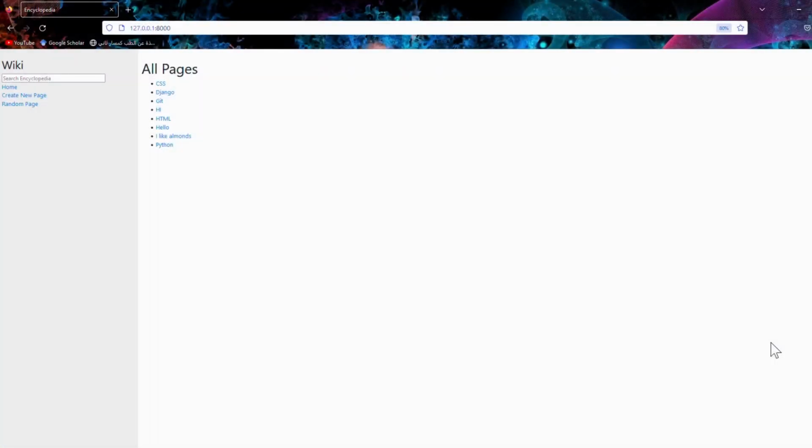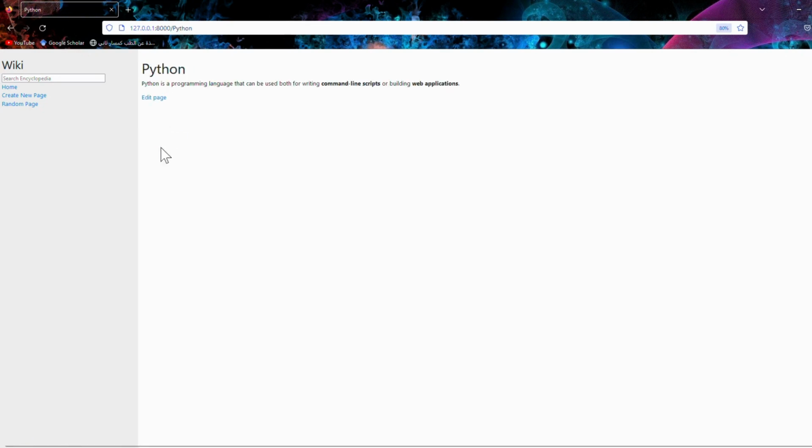First, let's go to the home page, where you can see a list of all the entries in the encyclopedia. You can click on any one of them to see the content of the entry. For example, let's click on Python. And as you can see, this page shows some information about Python, the programming language. You can also add some formatting like headings, bold text, lists, and links. This is because the content of the page is written in Markdown, a simple markup language that can be converted